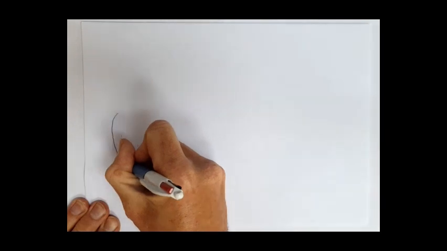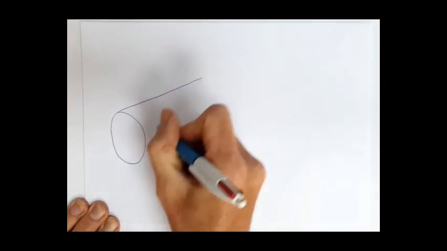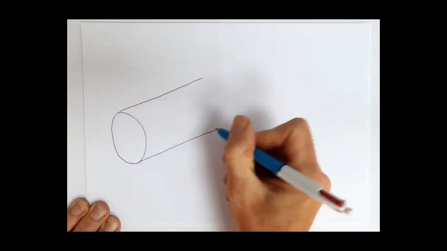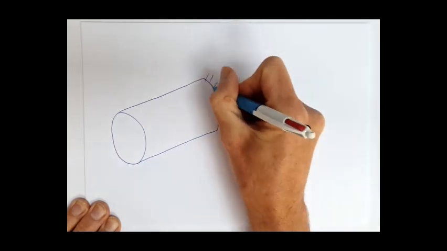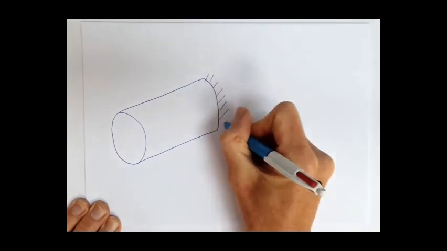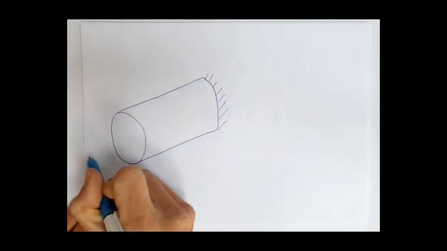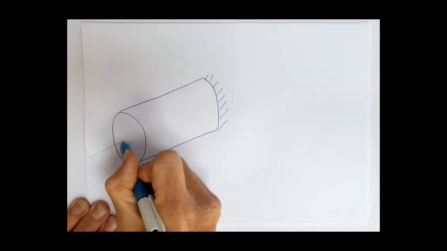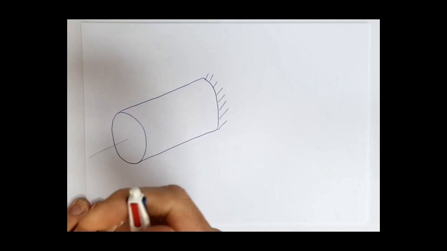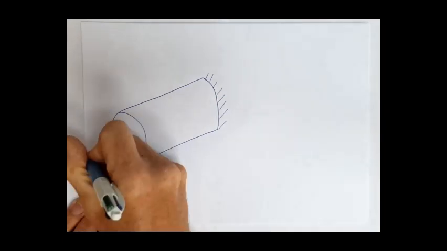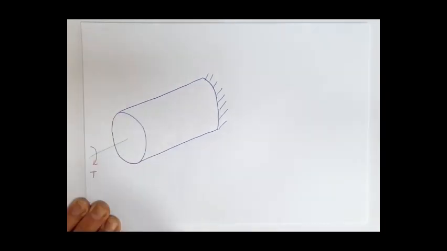Let's consider a shaft, which might look something like this. We've got our shaft built in at one end, attached to a wall here. And if we draw the center line through our shaft, which is going to go through here somewhere, we're going to apply torque T to our shaft,